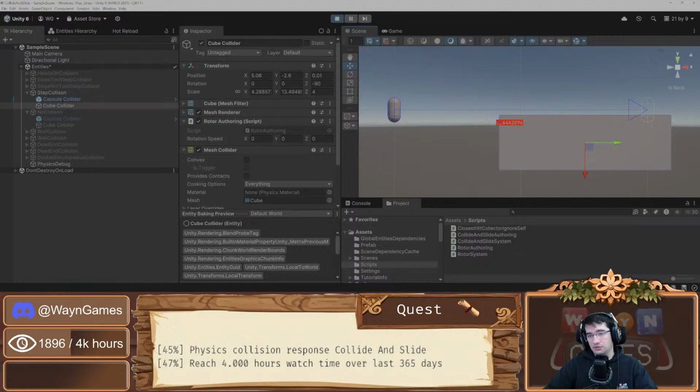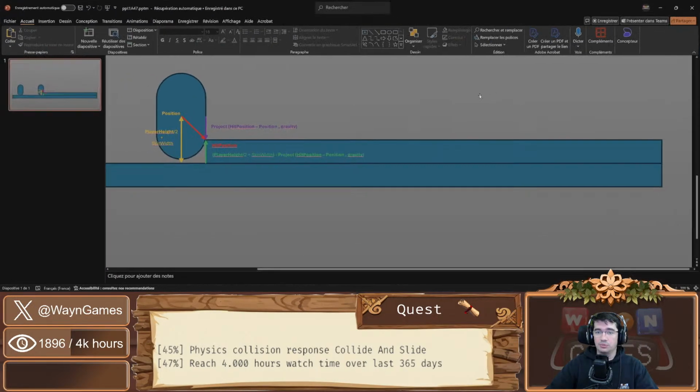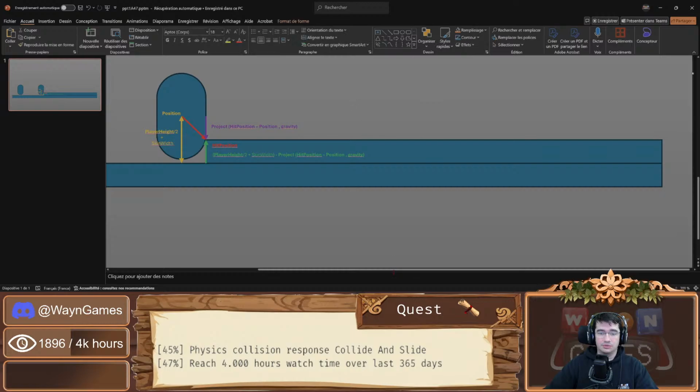and so that's okay. The main issue I had was related to the position of the character, because intuitively I was considering the position of the character at the bottom of the capsule, when in fact the default position for the capsule is at the center. So I had to compute different stuff, and actually to think about it, I had to draw a little diagram. So if I open that like so,